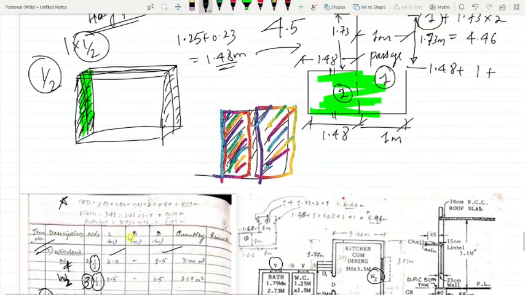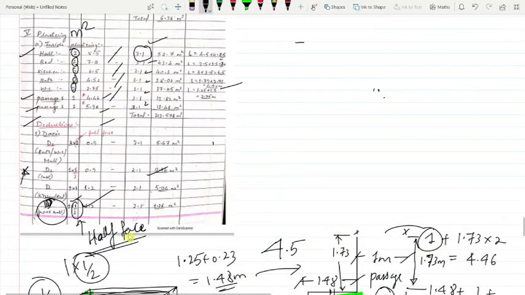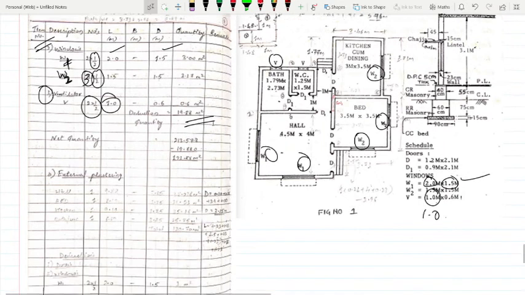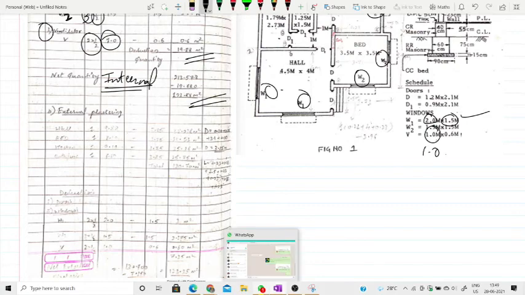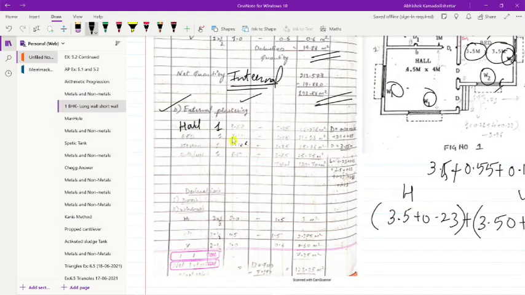Okay, so from total plastering quantity we have to deduct here. This is total plastering quantity. We have to deduct the windows, doors and ventilator quantity. You got this? This is net quantity for internal plastering, internal plastering inside your houses. So we should be very careful here.